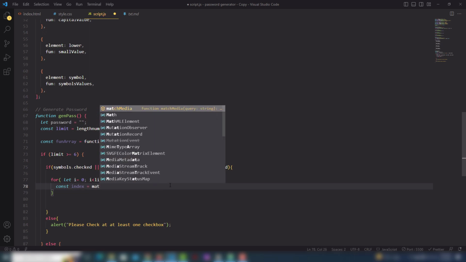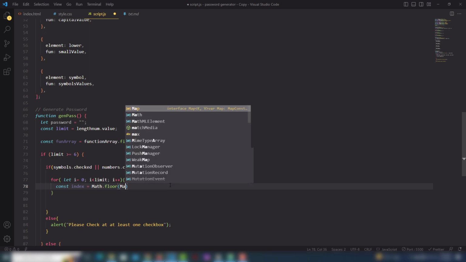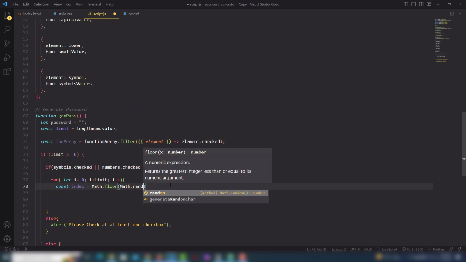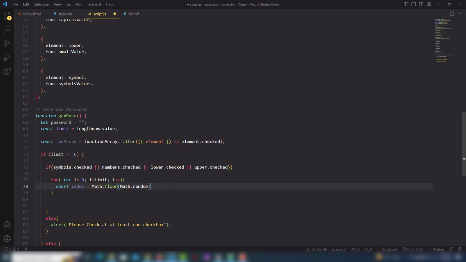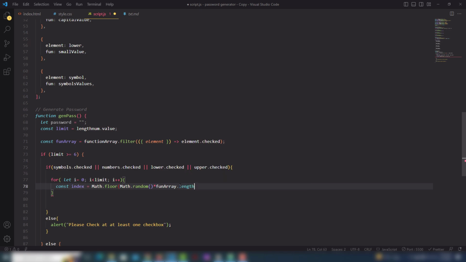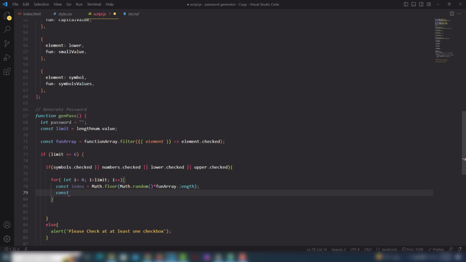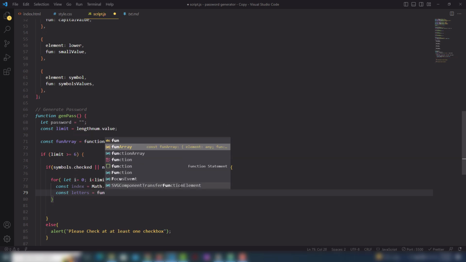So I need to target the Math dot floor, and inside there I need to do Math dot random parentheses and times by fun array, like this one, variable dot length, right? So get that, close it, and then I need to get the const letters fun array,